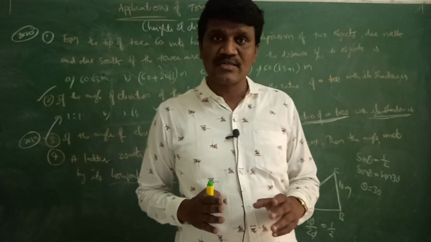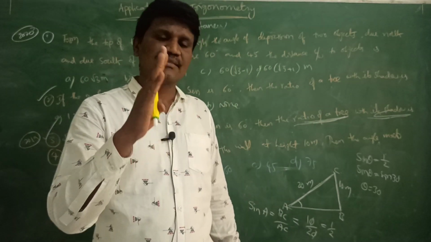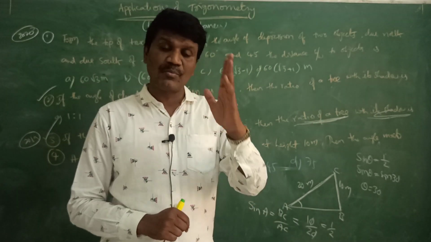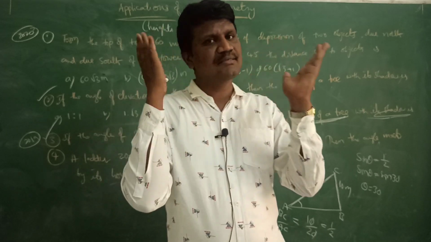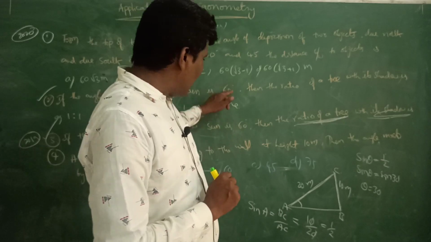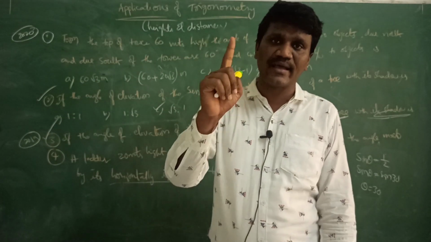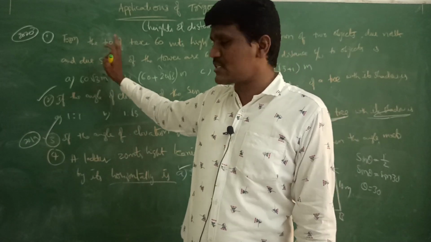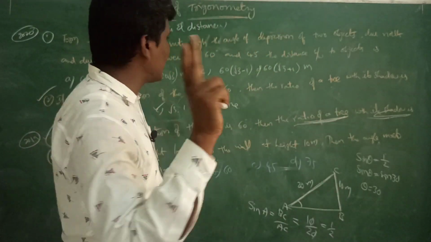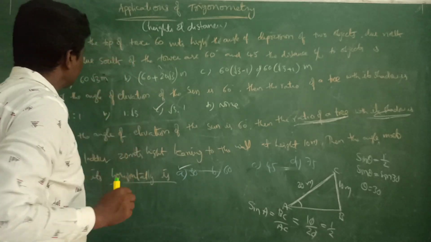So you understand students, whenever a ladder is given, the problem will be based on the sine ratio. If the problem is based on buildings, then the ratio will be tan. Okay, so all these three problems are based on a single triangle diagram only. Now let's see the first problem. So it is based on the double diagram. So I'll rub this out, then we can solve this first one.